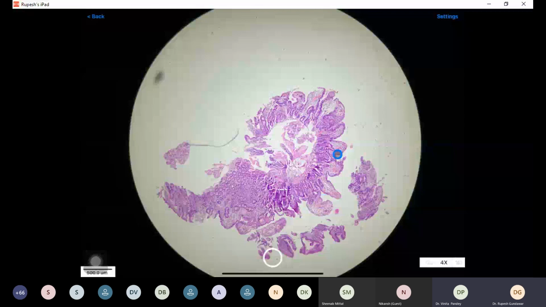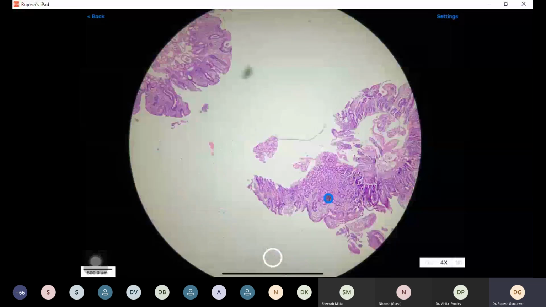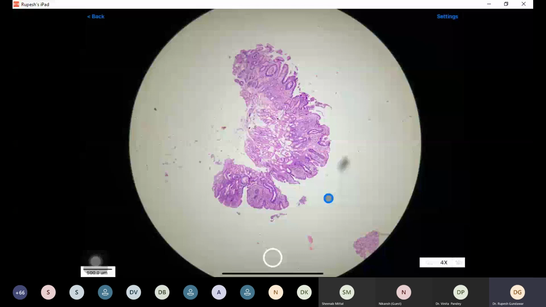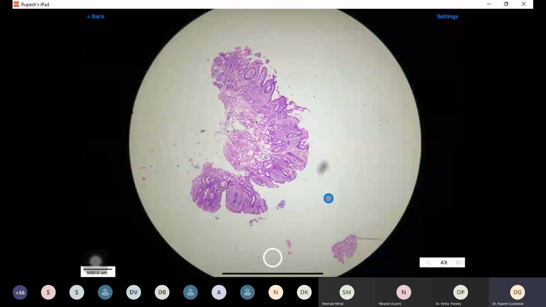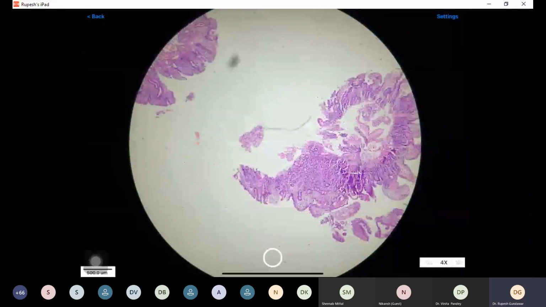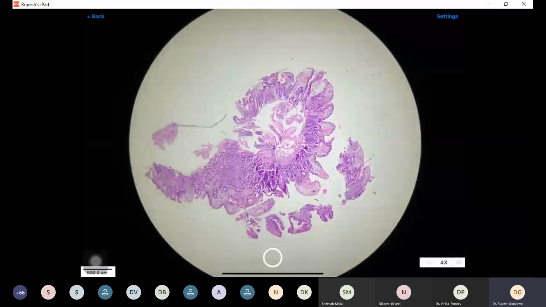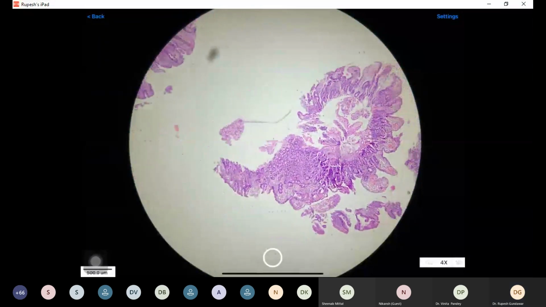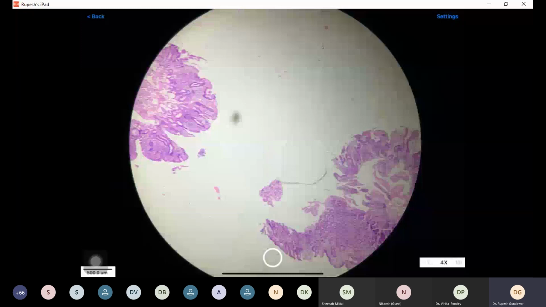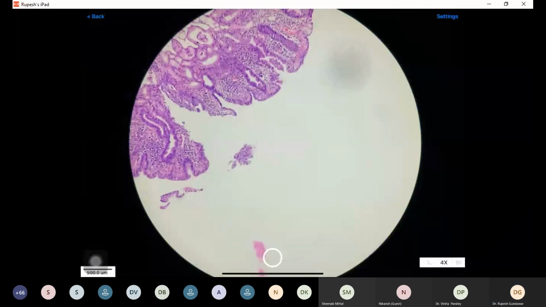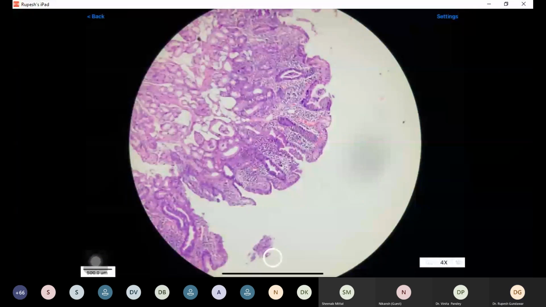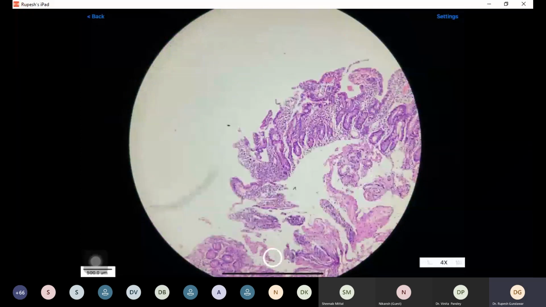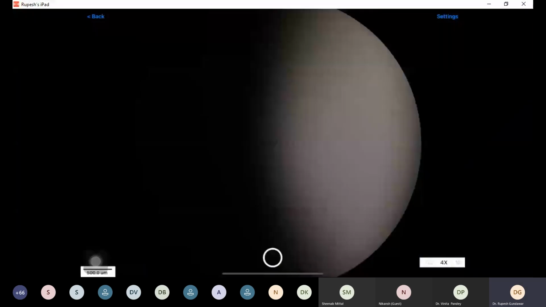So this is broadening of villi or flattening of villi, if it is not complete absence of villi, and there is variable flattening or atrophy of villi. Now see here, it is almost like having just crypts, and this is the flattening of the villi. So obviously, it tells us that there is some pathology. Then we will look at the tip. We will first see the tip wherever villi are preserved.